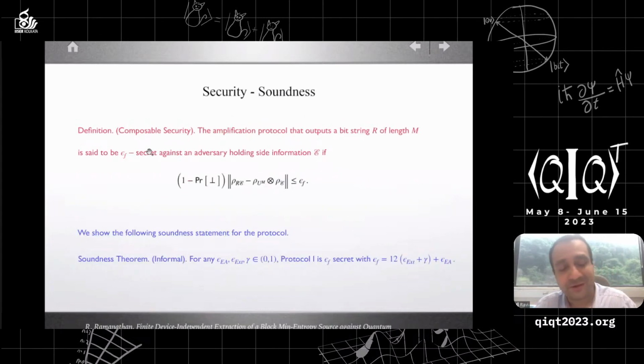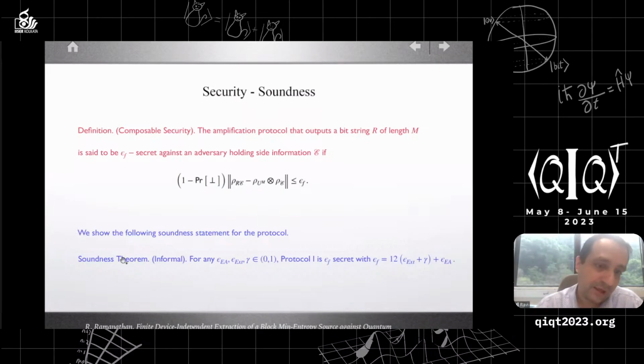We prove the soundness statement for a composable security. Composable security simply means that you can use these output bits in further cryptographic protocols without any loss in parameters. So the statement is that the amplification protocol that outputs a string of length m is said to be epsilon-secret if this condition holds: 1 minus the probability of abort times the distance of the joint state of output bits and eavesdropper from the uniform bit string